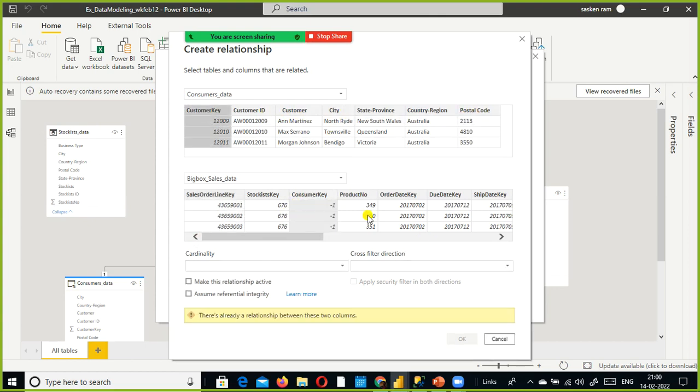Here the customer key. Then make this relationship active. There is already a relationship between these two tables. Just for you to understand how to create the relationship using manage relationships, I demonstrated this. Since a relationship already exists between these two, you don't have to do this. This is another way of creating the relationship between the tables.